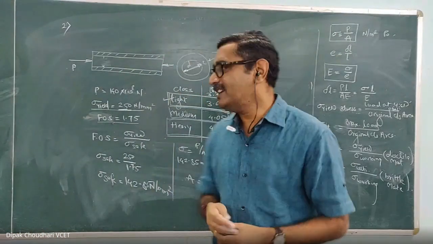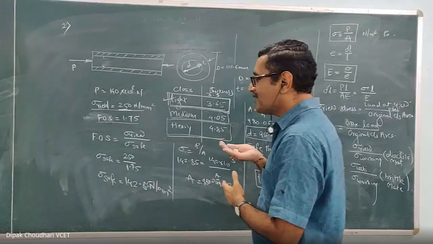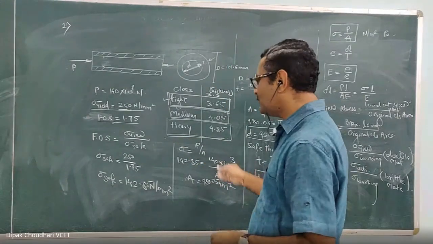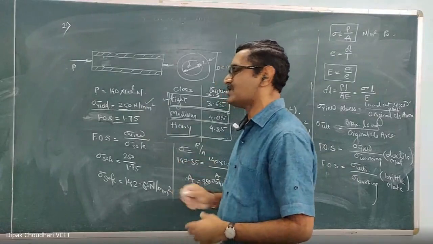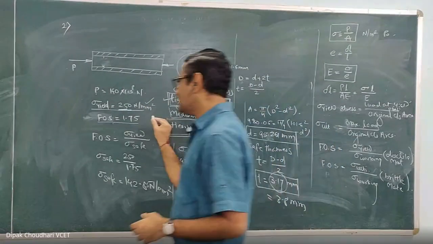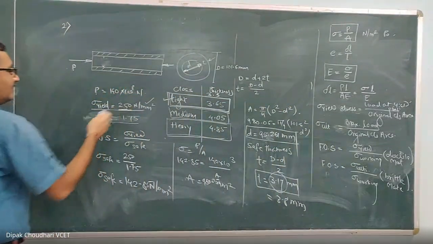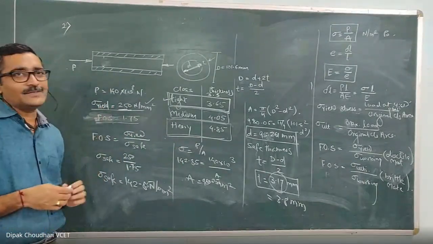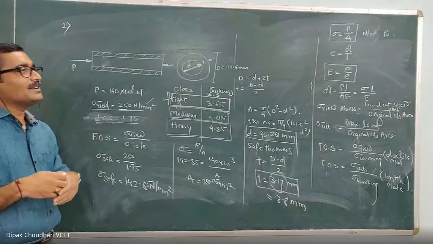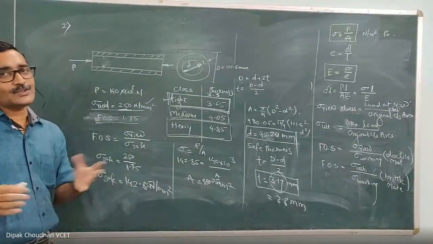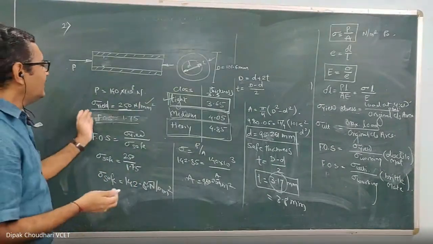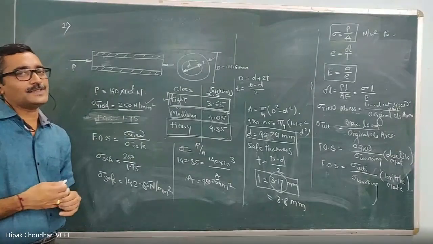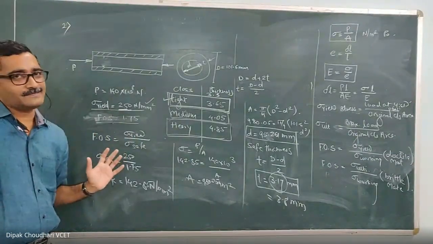Is that clear? What is the shear stress, what is the yield stress, and all these things? You can't do this calculation with the help of the yield stress. If the factor of safety had not been given here, you could do this calculation on the basis of the yield stress, but even then, in actual design, not for solving the sum, it is always better to use the factor of safety to minimize the risk.